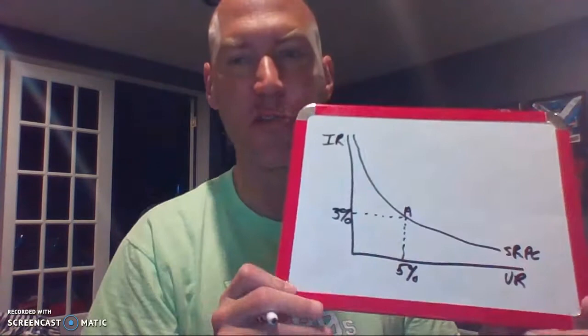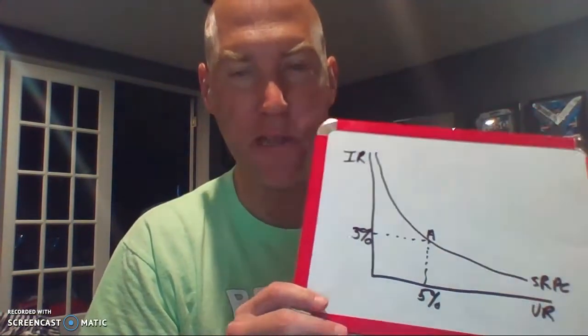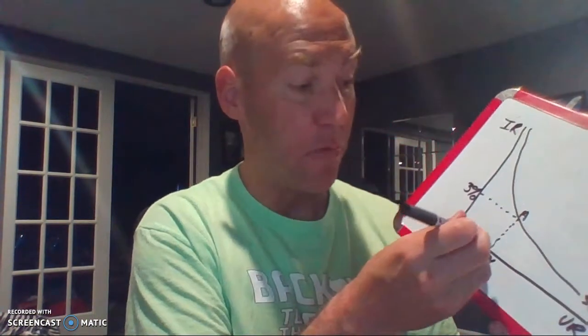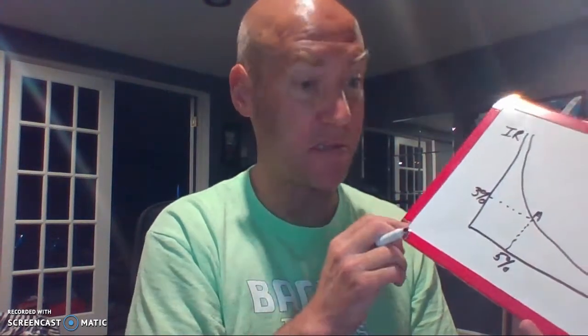And just we'll throw some stats in here. Let's say when we're at full employment, we're at a point like A. Well, let's say this is 5% unemployment and 3% inflation. So there's our short-run Phillips curve at full employment. I didn't ask to draw. We could draw a long-run Phillips curve through there, but I don't want to complicate things. So anyway,